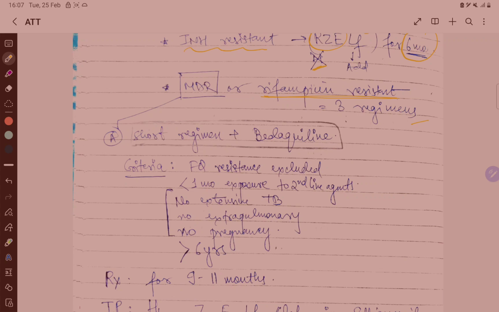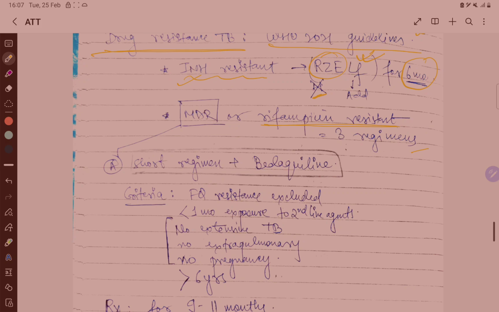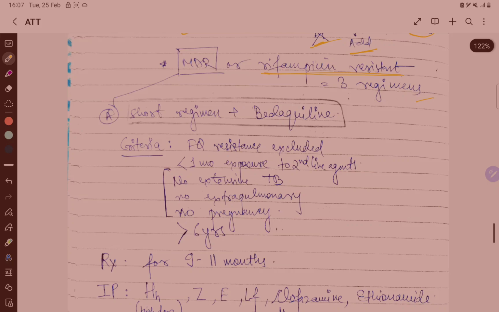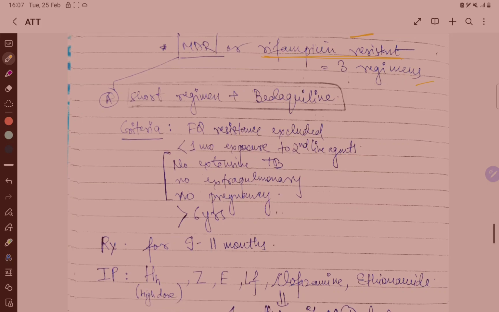For MDR or rifampicin resistance, we have 3 regimens. In INH resistance, we add levofloxacin and remove the isoniazid. But in MDR TB or rifampicin-resistant TB, there are 3 regimens, and the first is the short regimen plus